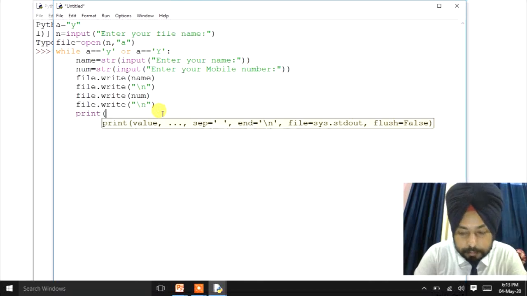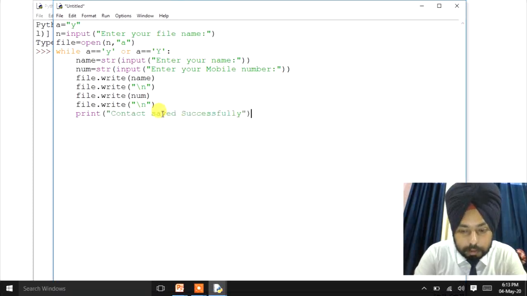print to display the message contact saved successfully. Right? And after that we can also use here next line. Now again a equals to input,